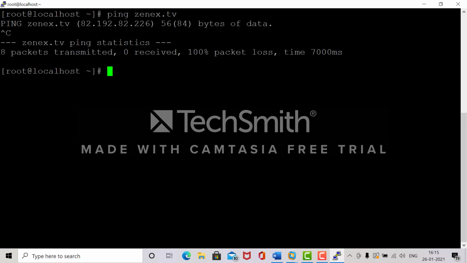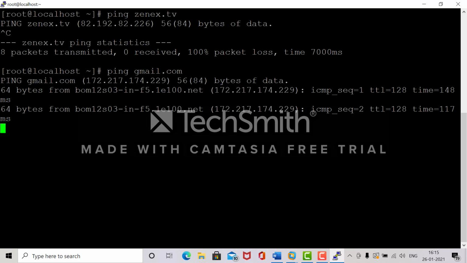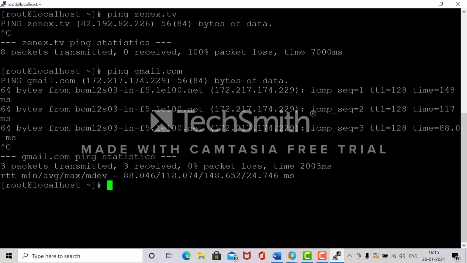I think it is not available. Whatever website there is, you can ping. See, gmail.com, that is pinging. Oh, you can ping Gmail as well. So you can ping any remote server, and you can download any image, anything from the internet directly using the wget command. I will show all the command details in my next videos, hopefully.